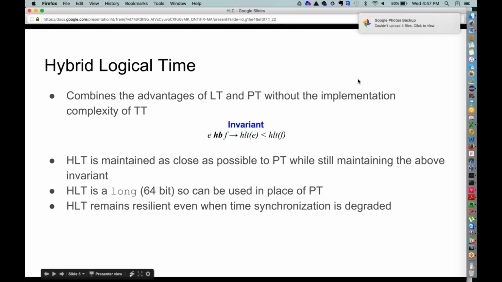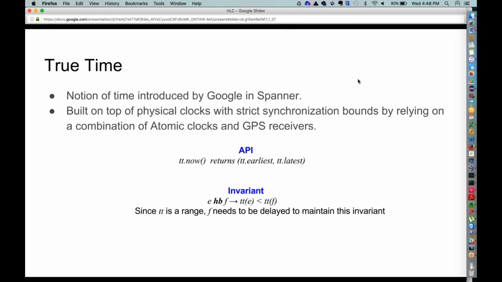To give you an intuitive understanding of what external consistency means, typically when you do a write in a distributed system and you do a subsequent read, the expectation is that if the read follows the write, then you will get the value that was updated. What this particular system guarantees is that this property should hold at a global scale.